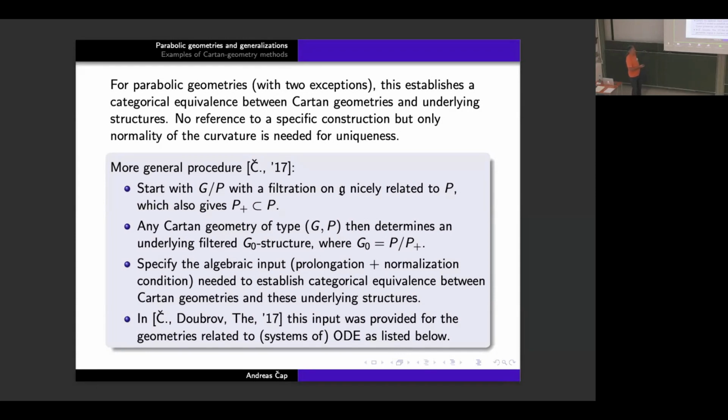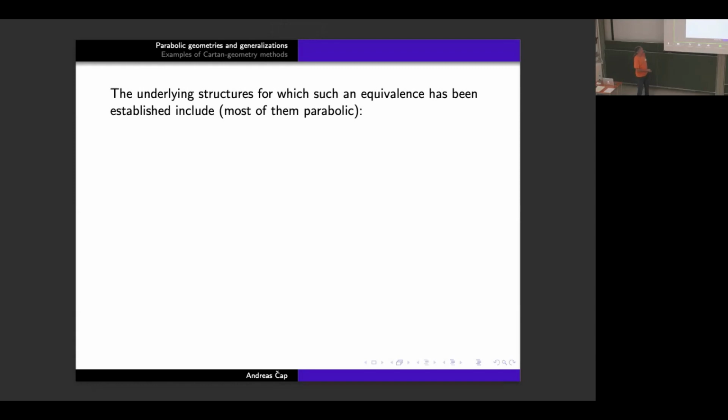One important application of this is that this input that we need here is provided for all the geometries describing ODEs up to contact transformations or systems of ODEs up to contact transformations. And they are non-parabolic, so this goes far beyond the parabolic case. Okay. So now briefly, what are the underlying structures that are around